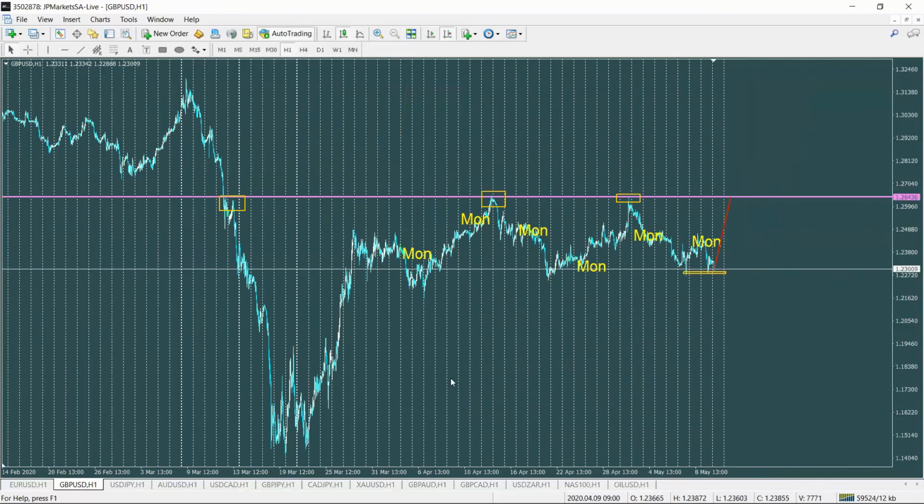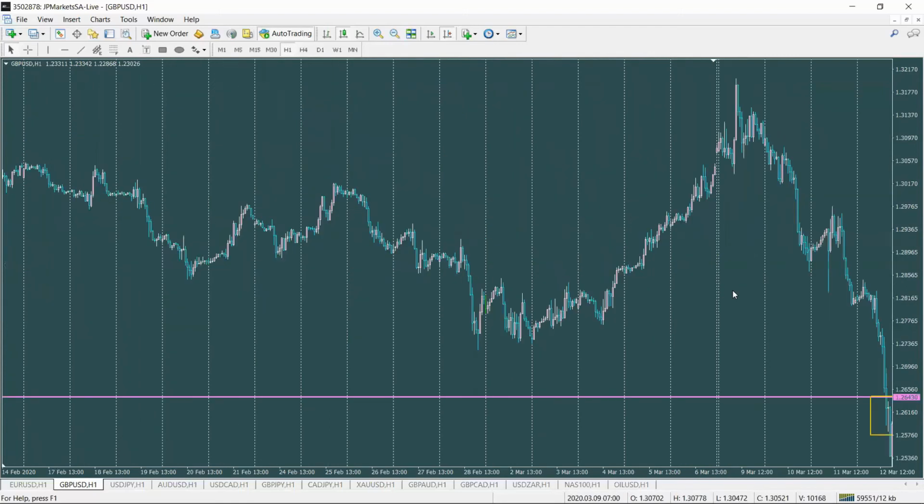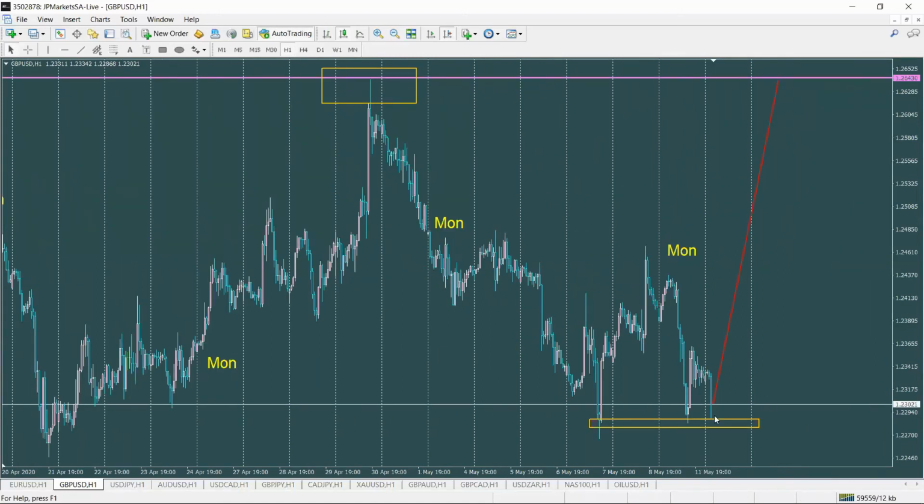It will either break or just reject it. But at this particular level, I think that since it has been tested a lot of times and never broken, I believe that it's gonna be broken here. I'm looking forward to taking a trade now, and then closing it up there, and that will